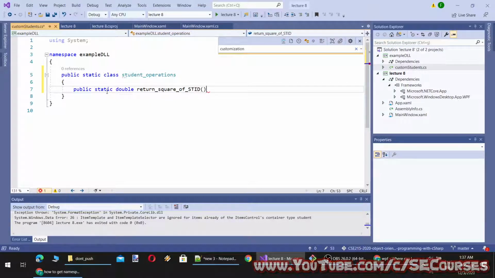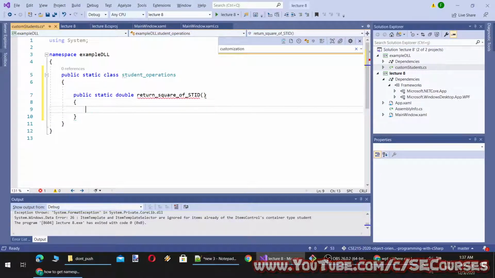Okay, and this will get an id, and it will return the multiplication of the id with itself. Yeah, this will inherently convert the multiplication of integers to a double.